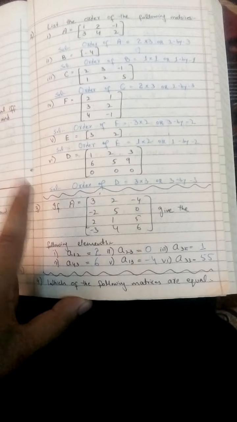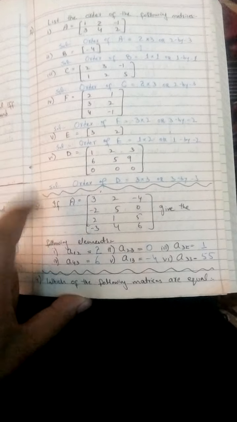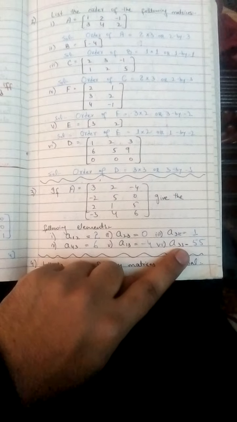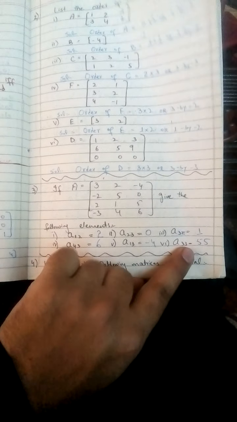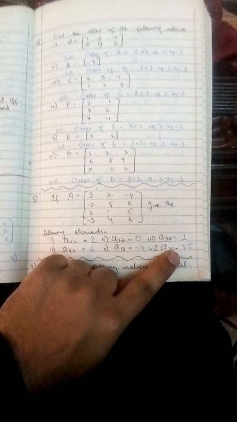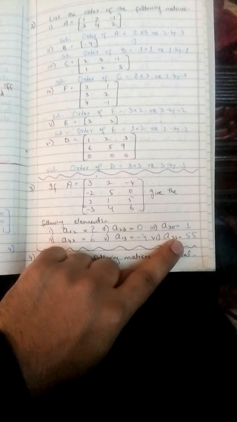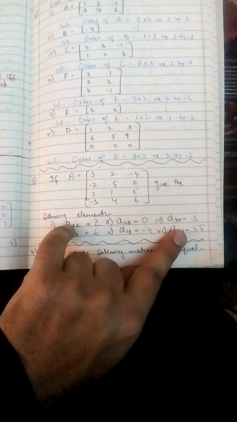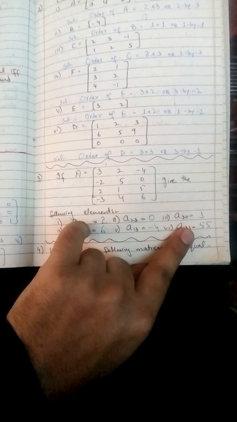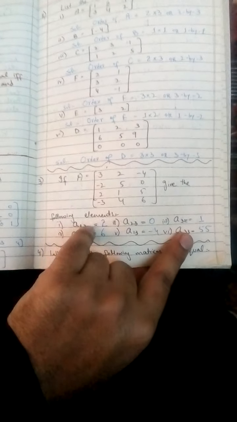What element lies in A12? I will share the journal matrix with you, and you will see what A12 is in that lecture. So A12 means here A is the element and 12 means the row number and column number. If you have to find A12,